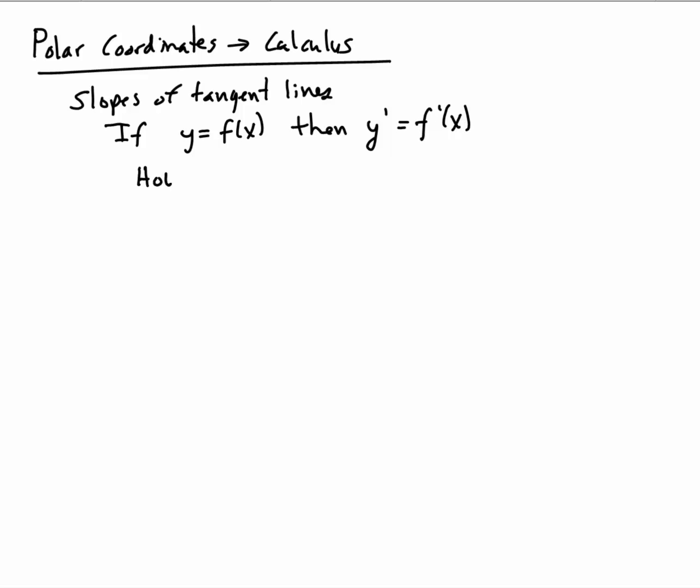However, when we're working with polar coordinates, it doesn't quite work like that. If we have r equal f of theta, this does not imply that r prime is equal to f prime of theta, meaning I just don't take the derivative with respect to theta. Now, the reason is the slope of the tangent line,